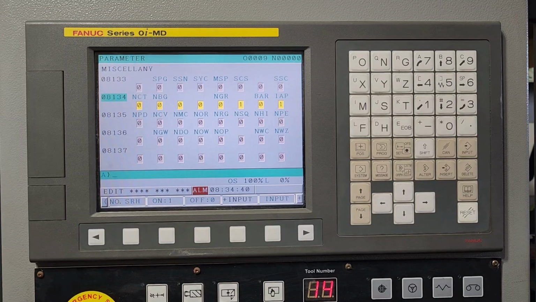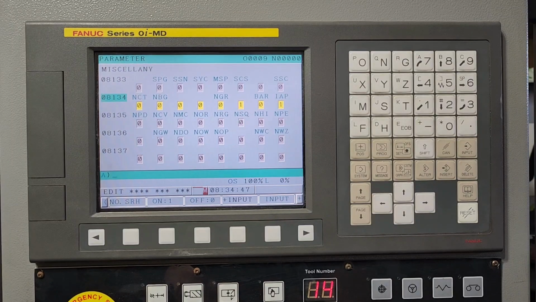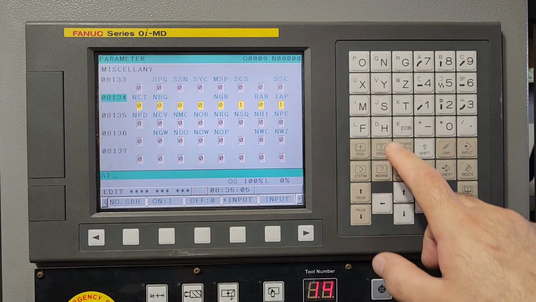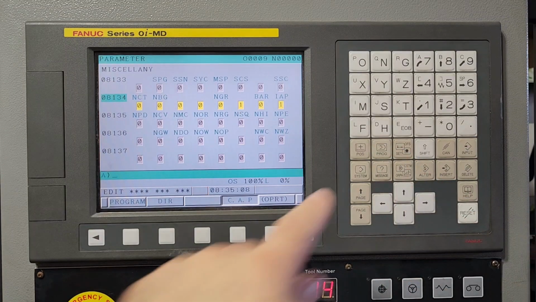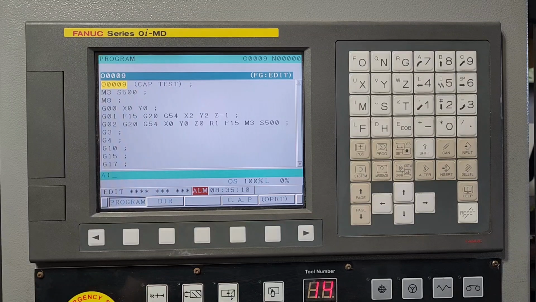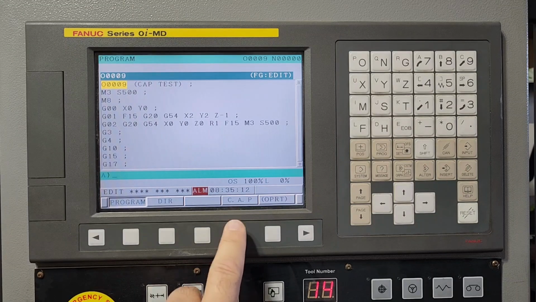So today I want to talk about the C.A.P, the Conversational Adaptive Programming in the FANUC OiMD. Now, there is almost no information on the internet on that, and I searched for over a year, right? So I'm very excited to make this video today, not because it's anything to brag about, but there's no information, right? So to begin with, here in programming, you can turn this option on and off,